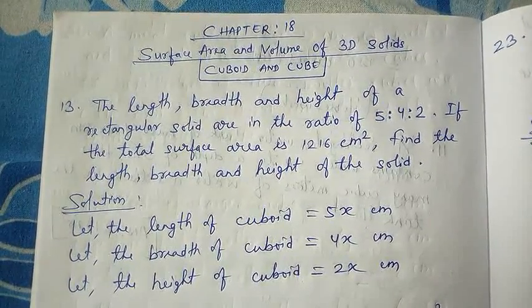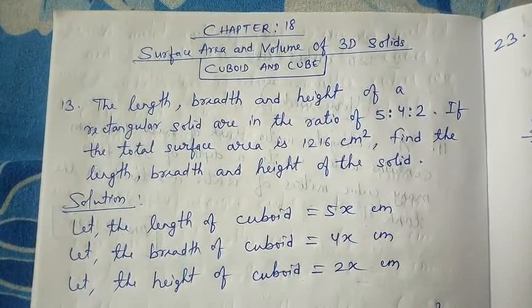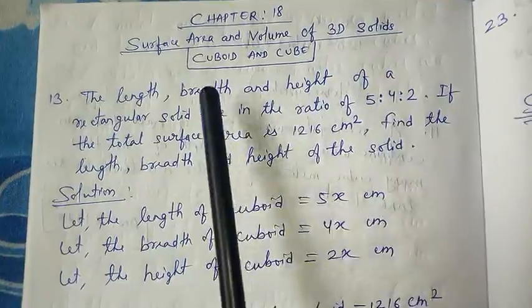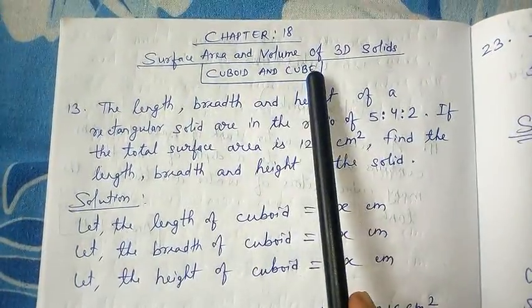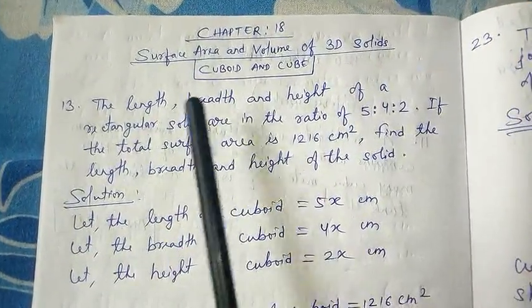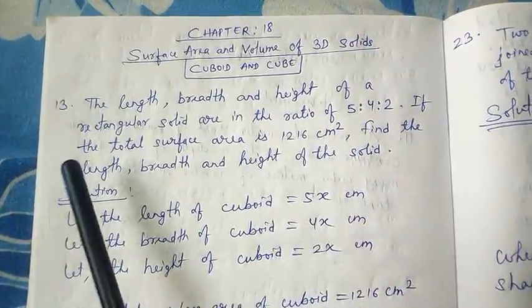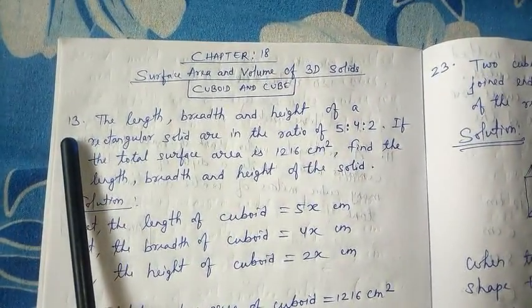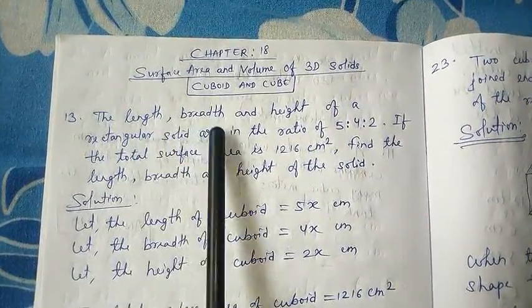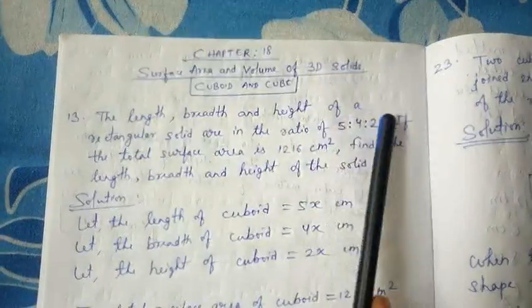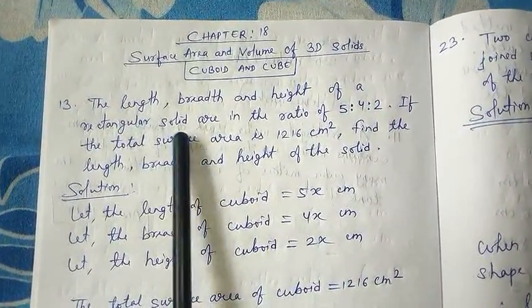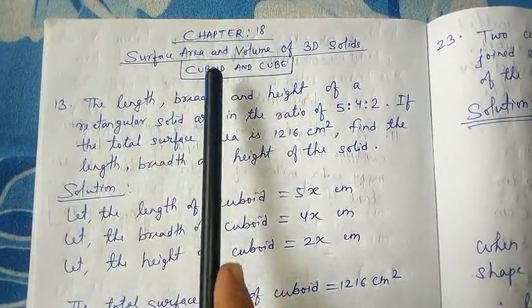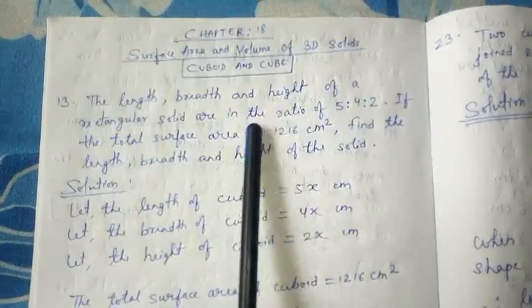Class 9 children, today we will discuss some very important questions from chapter 18, surface area and volume of 3D solids, cuboid and cube. So question number 13 I have written here: the length, breadth and height of a rectangular solid, actually rectangular solid means it is cuboid, are in the ratio of